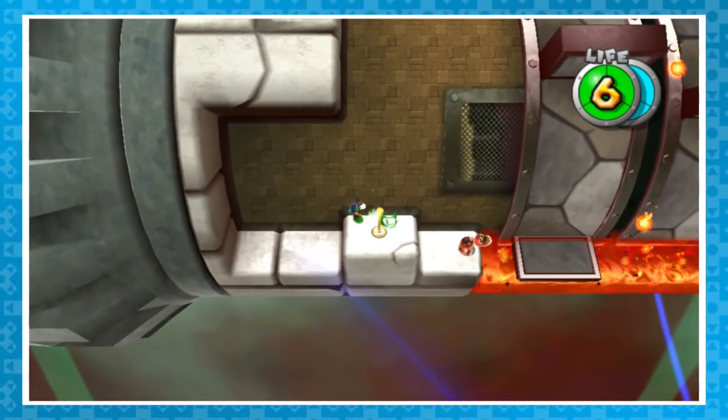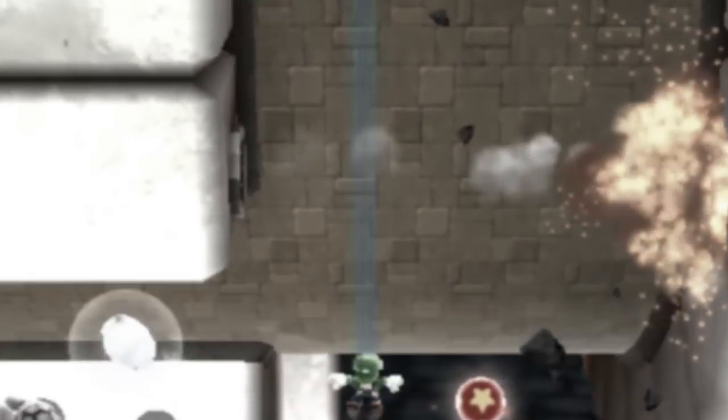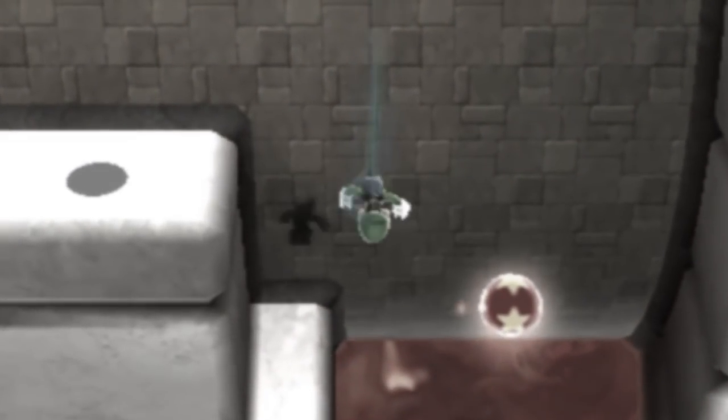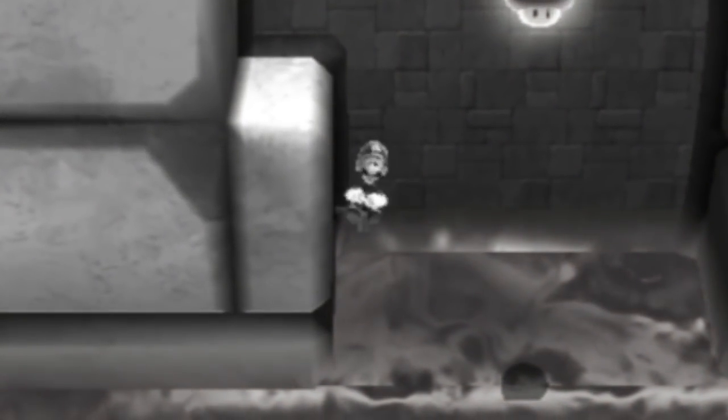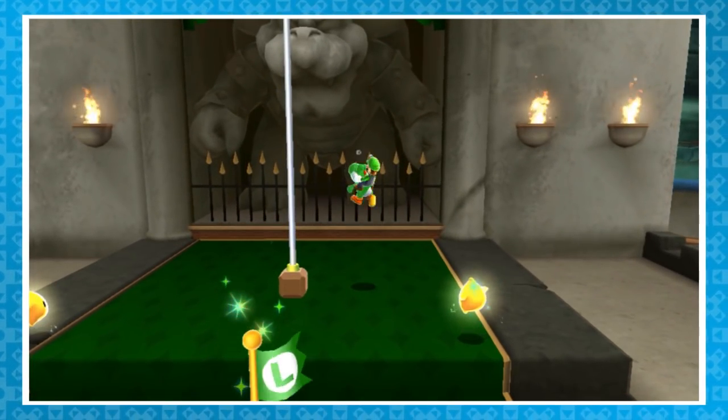I feel like we've seen this before. How could this happen again? I made my mistakes. Again. Nowhere to run. Again. After that bout of existential crisis with Luigi, let's continue on through the level until this